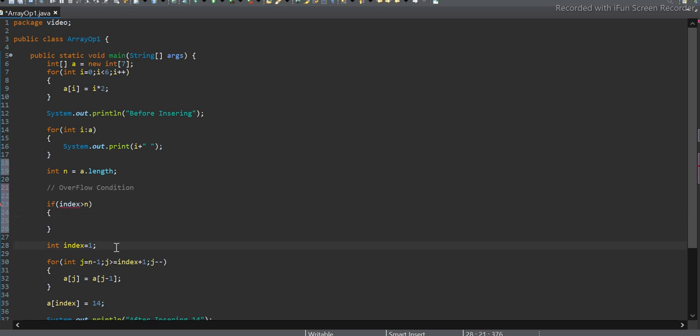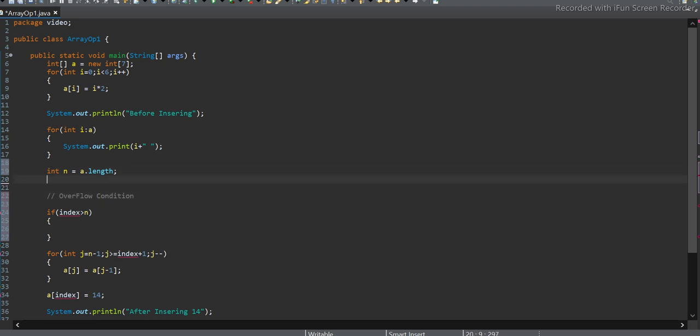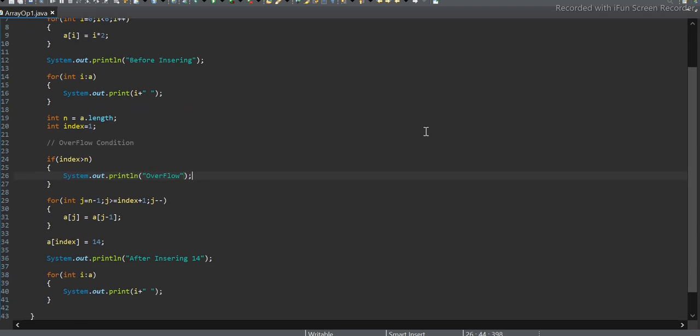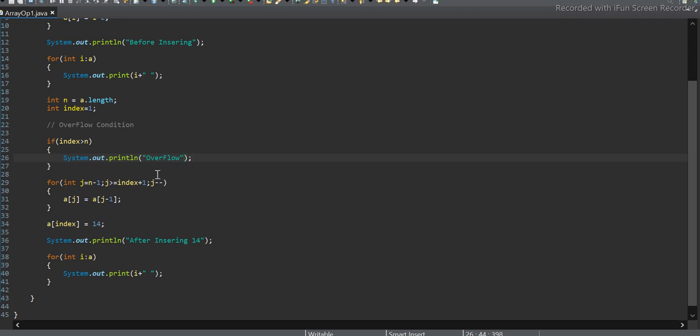Okay, let me bring it down below again. So we'll print overflow. Okay, and we will also check whether